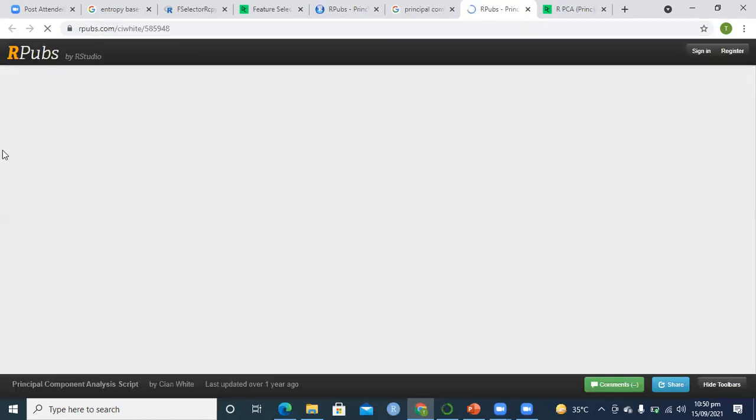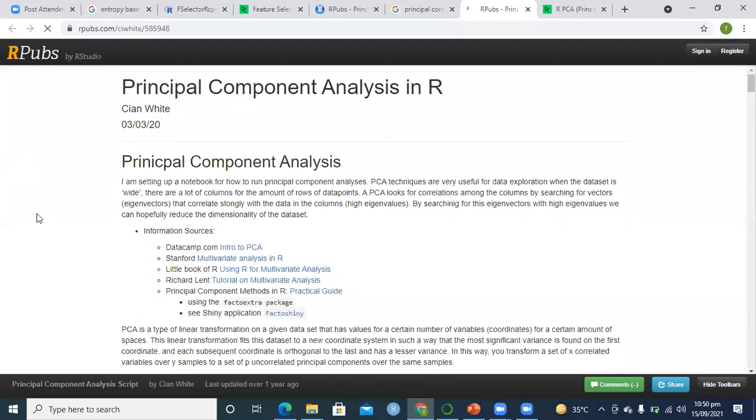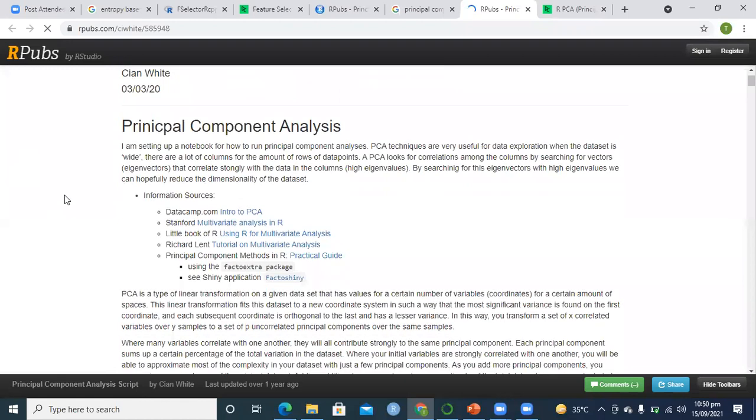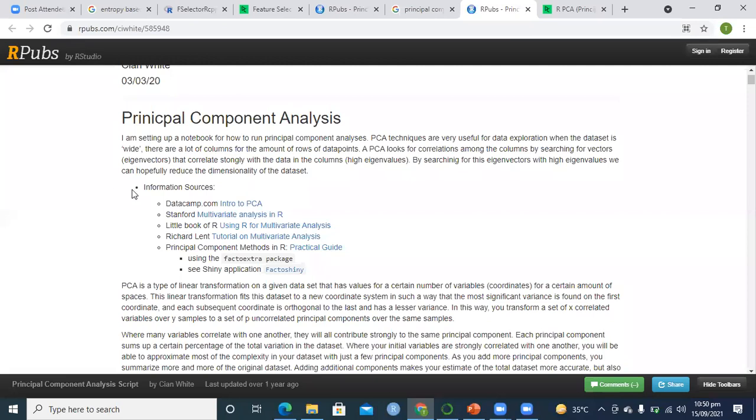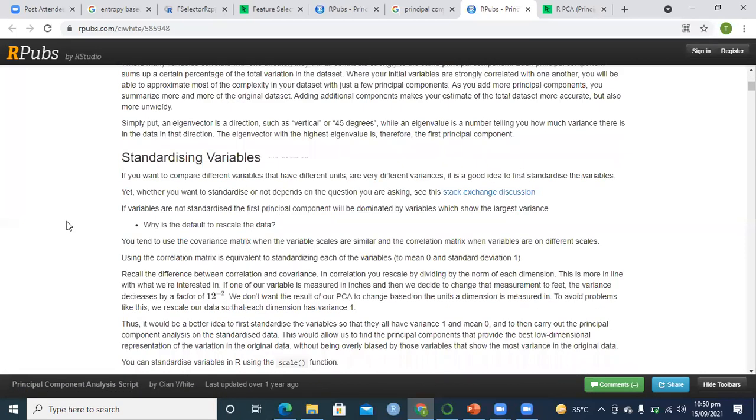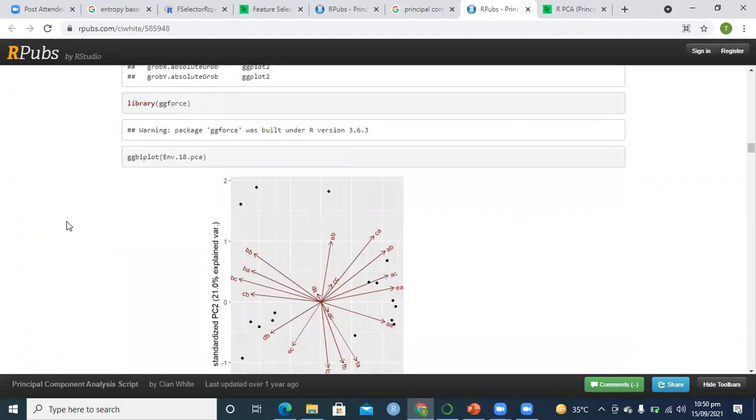Oh yes, that's RPubs. Good luck that you have RPubs. You can follow this link. It's a nice one. Control C. Let me check. So, tutorial multivariate analysis. Somebody who wants to learn more about data science has to go through this, using R for multivariate analysis. You see, multivariate is the core, and this is the application.